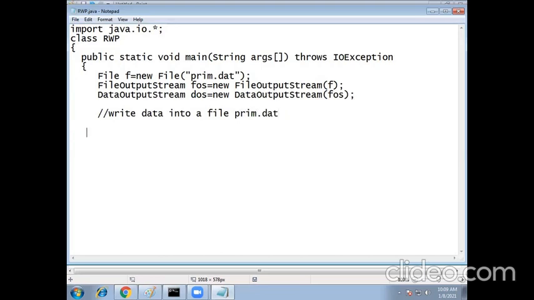Prim.dat. Just write the contents into the file prim.dat.